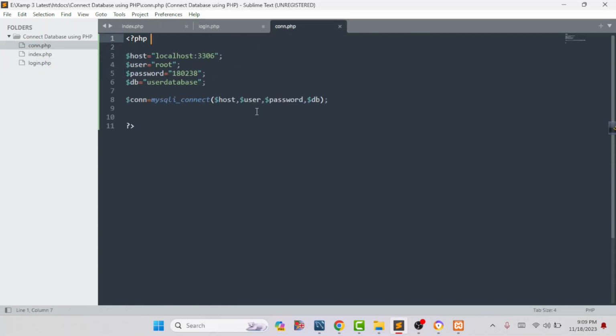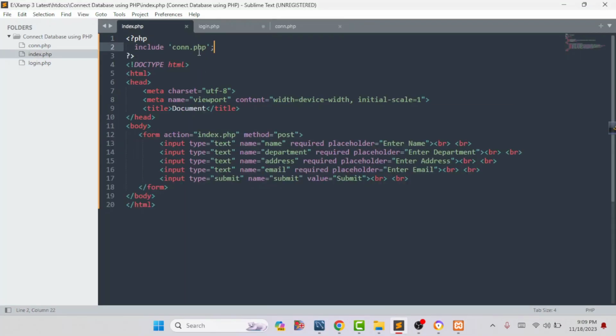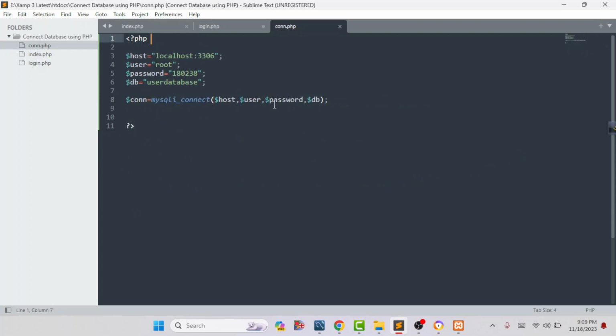This is the con.php file. In this PHP file we have connected the database with our website. So in every PHP file we have included the con.php file. It means we have connected the database in all of our PHP pages. And you can also do it without this variable. You just have to write down like this: